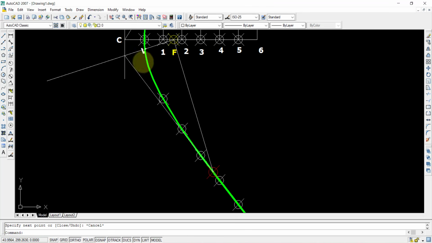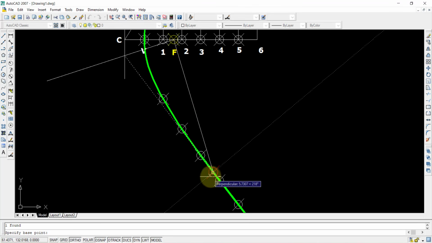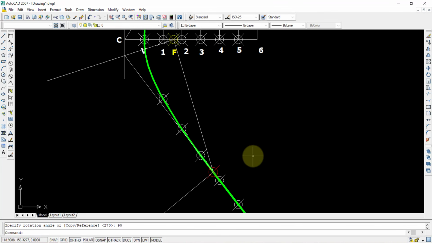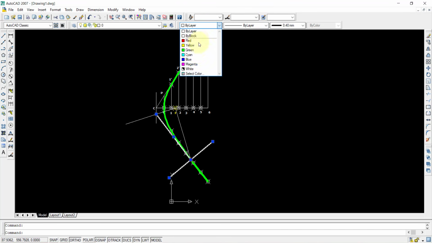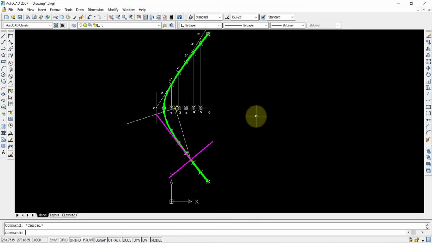So I am drawing another straight line along this one, selecting that straight line and rotating it at this point with 90 degrees like this, and I'll select that straight line and move it like this. So of that straight line and this straight line, one is the tangent and one is the normal. I'll give some line weight to them, 0.40. If I want, I can give some other color also. In this case I have given pink. So that is the tangent and normal.